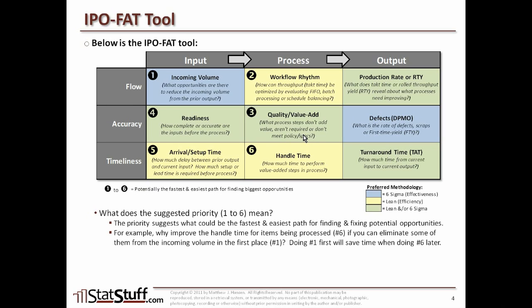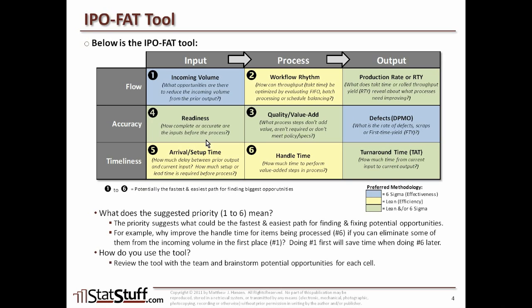So it's probably a lot easier for us to make a change and improvement here than on something from this perspective, where it's still important, but because we don't own the process that created this, we don't have control over it, and it might be a lot more challenging for us to make those changes. So it's probably going to be faster and easier for us to do this number 3 item first before doing the 4th one. Again, this is merely a suggestion for how you might flow, but overall, when you use this tool,